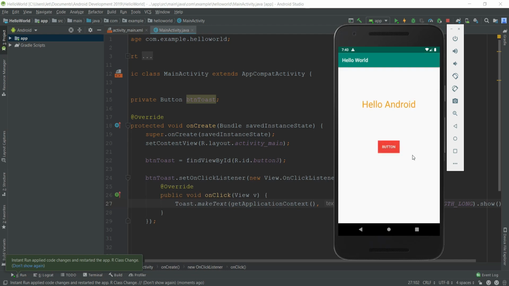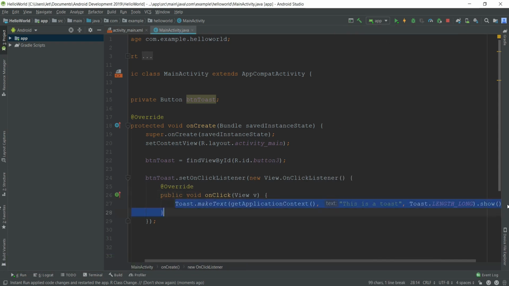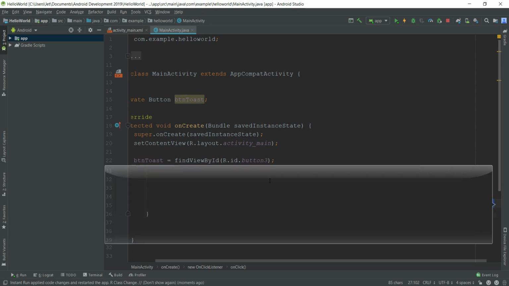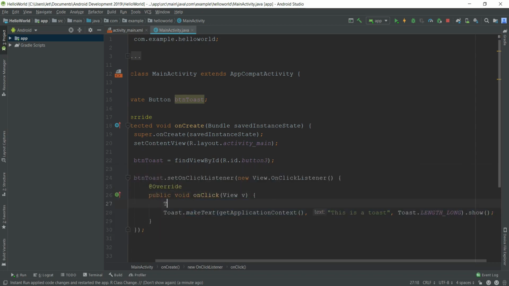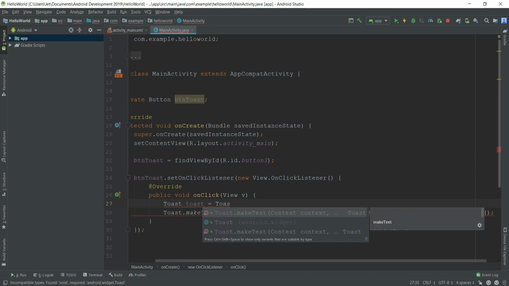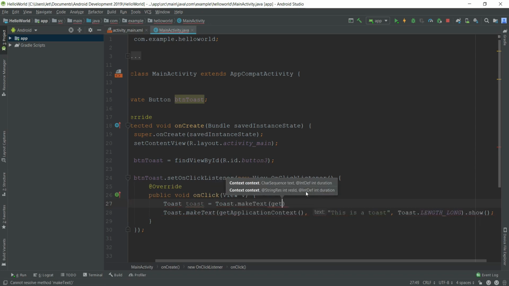So here, guys, is our application. If I click this button, the toast will pop up. So this is a toast, and by default it is positioned near the bottom of the screen. But you can change the position of that. First, you need to create a toast variable. So I'm going to type the Toast class and the variable name, and Toast.makeText, with the context, the actual message,